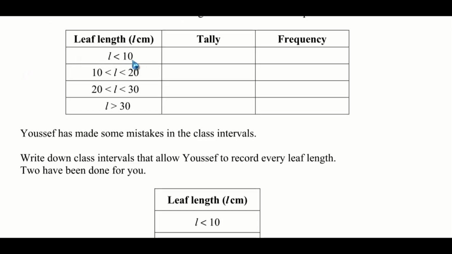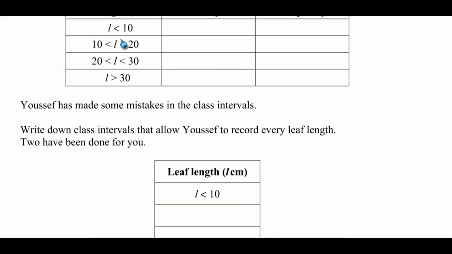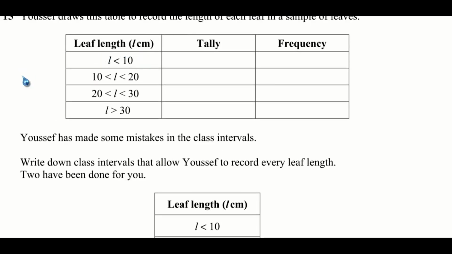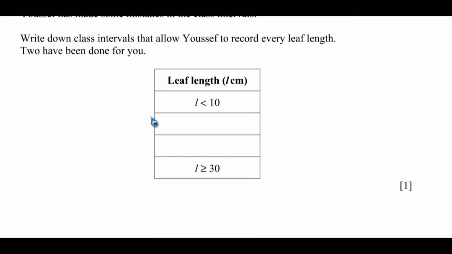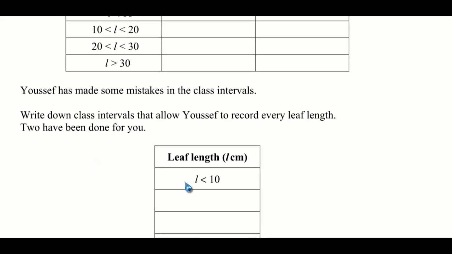Okay, if L is less than 10, then here 10 should be less than or equal to L, while L is less than 20. So that will exclude the numbers here. Okay, and it should capture another set of numbers. So that will be 10. Let's write that 10 less than or equal to L, and L is less than 30. So this will cover numbers from 1 to 9, and this will cover numbers from 10 to probably 29,